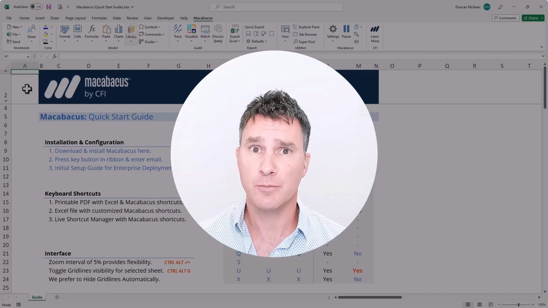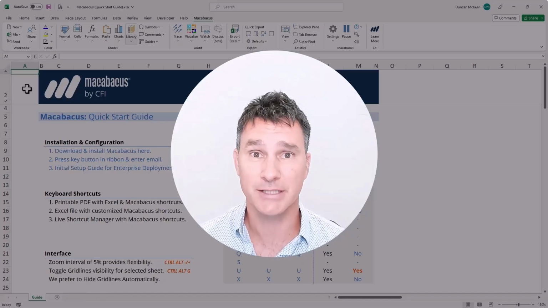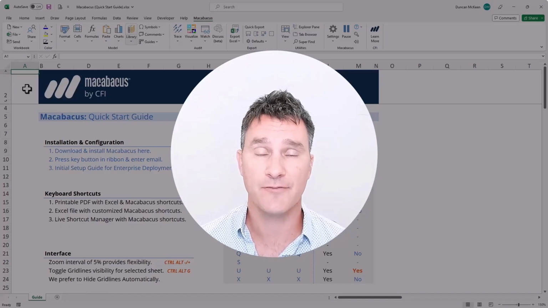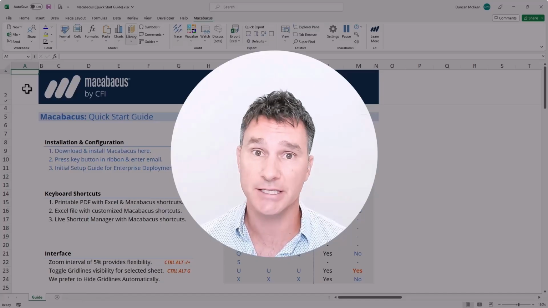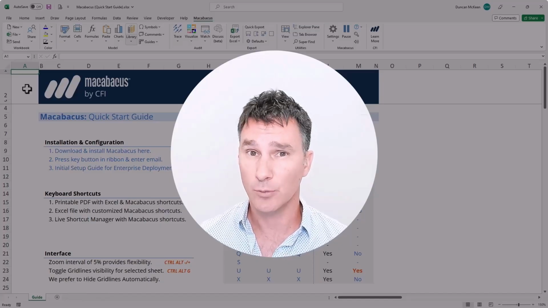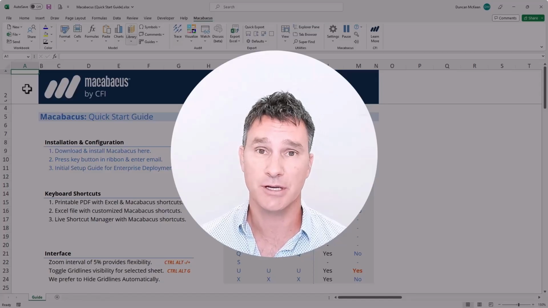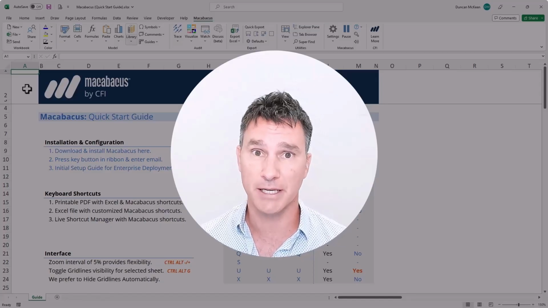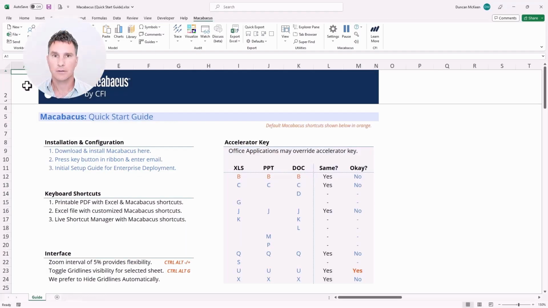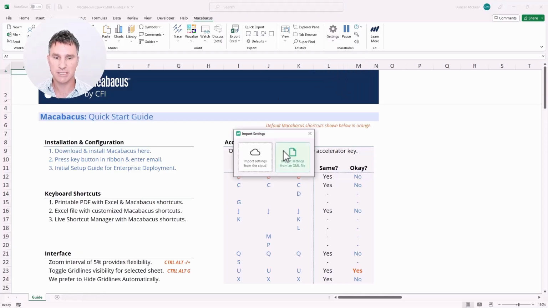If you feel like you missed any of the steps along the way in this course, or you'd just like to have a clean copy of those settings that we use at CFI, then we're going to make an XML file available to you at the end of this course that has all those settings embedded in it. Once you have that XML file saved down to your computer, it's very easy to import into Macabacus. You just head up here to Settings and click Import, and then click this button, Import Settings from an XML